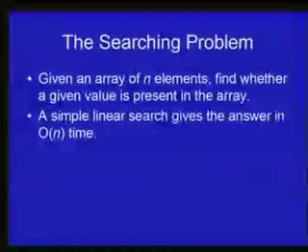Now this problem is of course very simple, as you might imagine. All one has to do is to look at each element of the array one by one and compare it with the given element, and if there is a match, if the two values are equal, then we have found the element in the array and we know at what place in the array it occurs. If we exhaust all the elements of the array, then clearly the element is not in the array. This algorithm is called linear search, and clearly it takes time proportional to n to find the answer in the worst case, because in the worst case we may have to look at all the elements in the array before finding a match, or before saying that the element does not exist in the array.